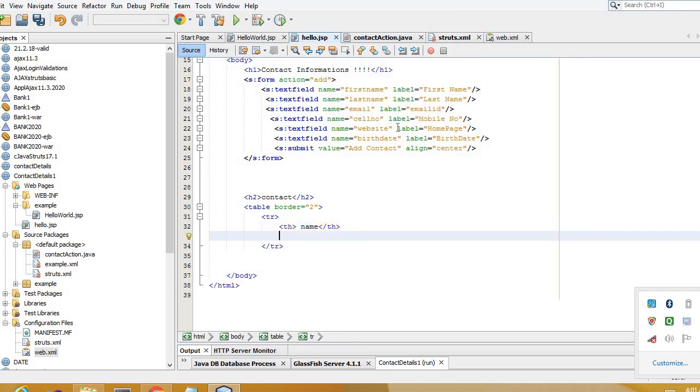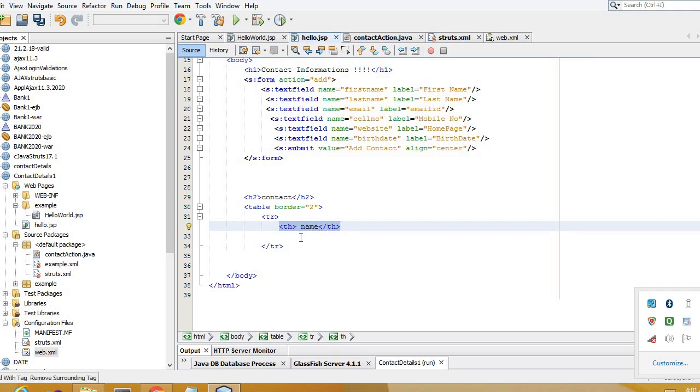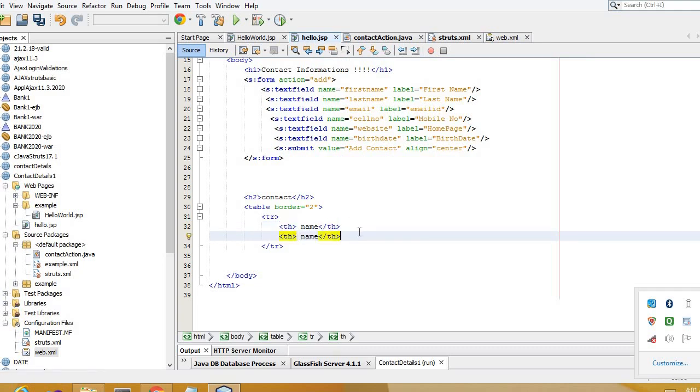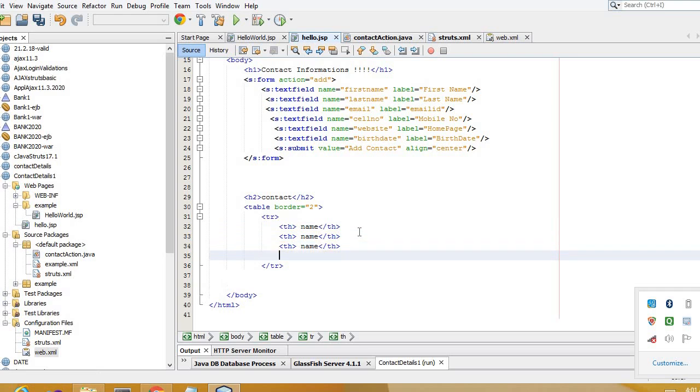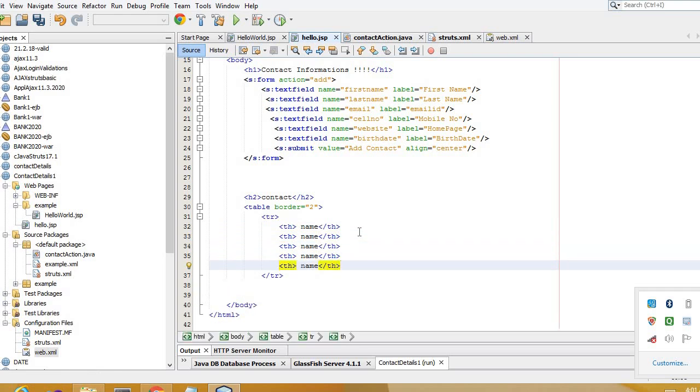Similarly, we will add all the things. So I'll just copy this, Control C. So first one is name. Table header is name. In that it should give me first name, last name. Then the next is email, so in that it should give me email ID.